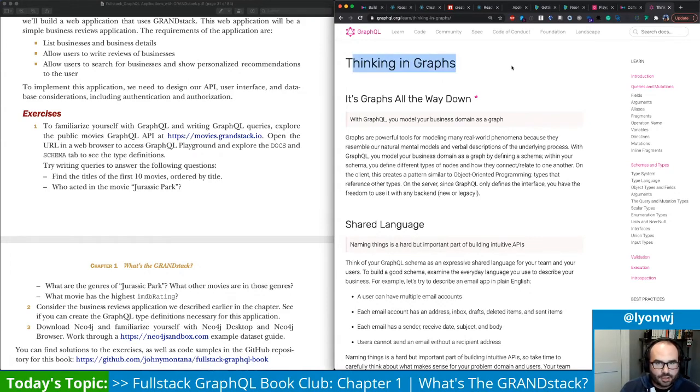We're thinking in terms of graphs here, and as they say on graphql.org here, we're modeling our business domain as a graph. So we can either start writing these type definitions in SDL, but I like to think a bit more visually, and there is